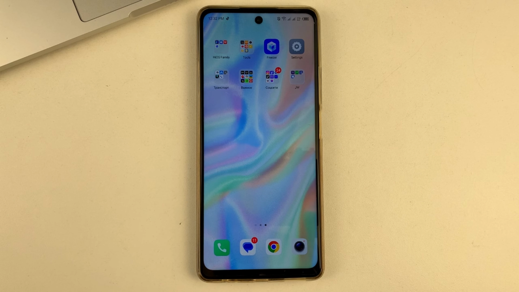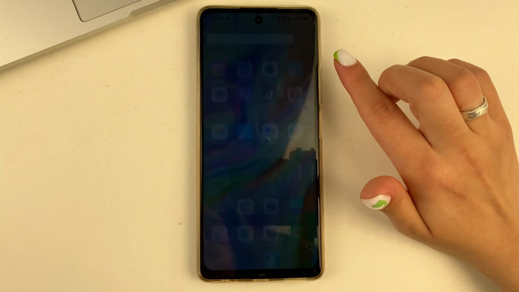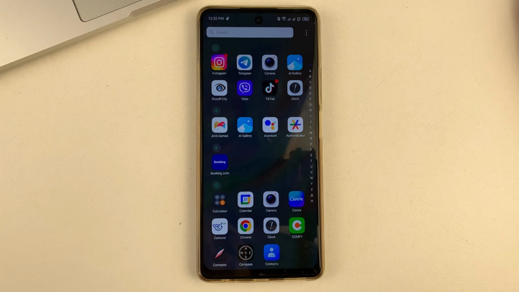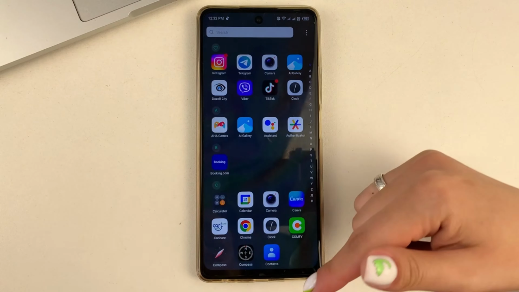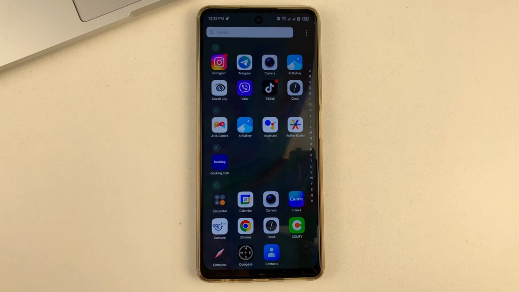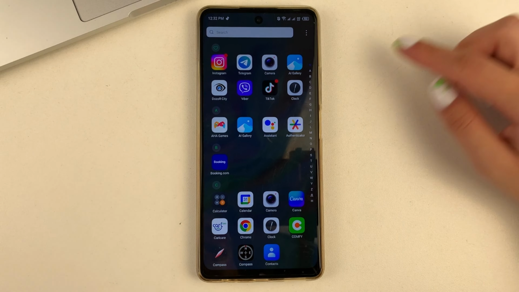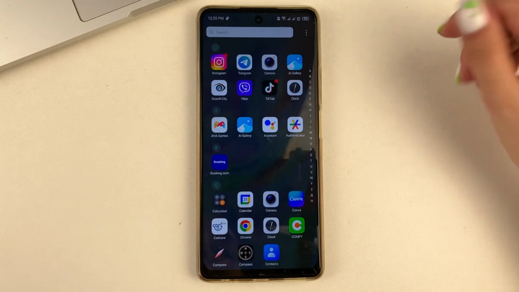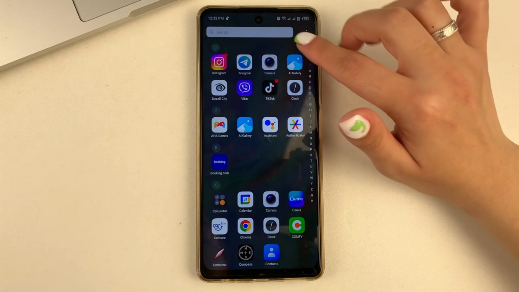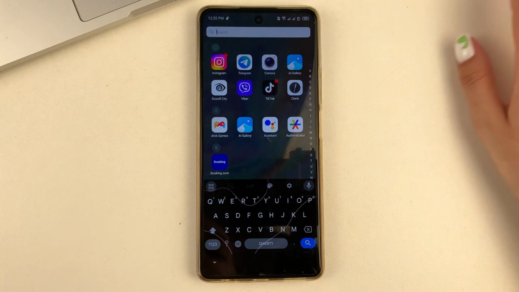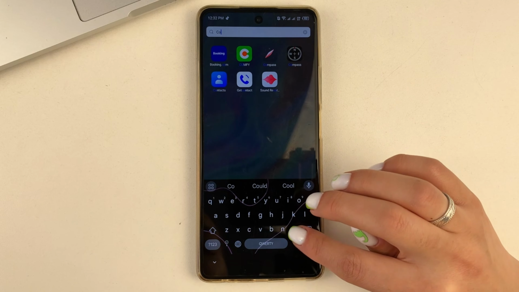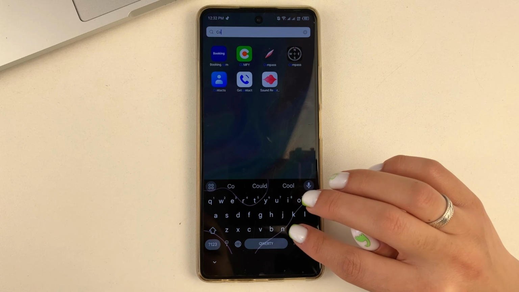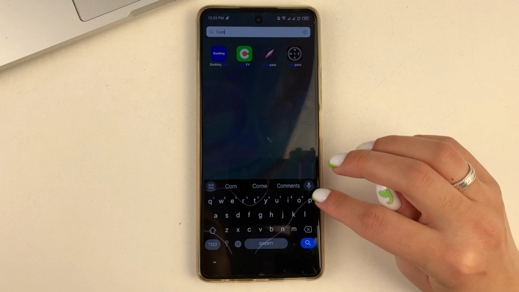You're going to have to swipe up from the bottom of the screen with your finger in the middle of the screen, and that will take you to absolutely all the apps, a list of all the apps that are installed on your phone. You can either swipe and find that app, or you can tap on the search bar to find that app by name. I'm going to show you, using the compass example, how to do this.